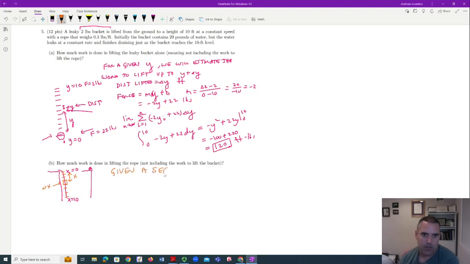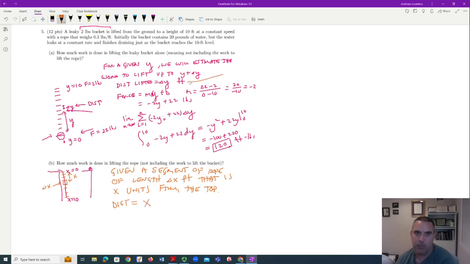so given a segment of rope of length delta x feet, that is x units from the top. We will find the pattern for the distance lifted and how much it weighs. In this case, the distance lifted is going to go from there to the top, so the distance lifted is x. And that's the fundamental difference between leaky bucket problems and what I like to call stack of book problems,